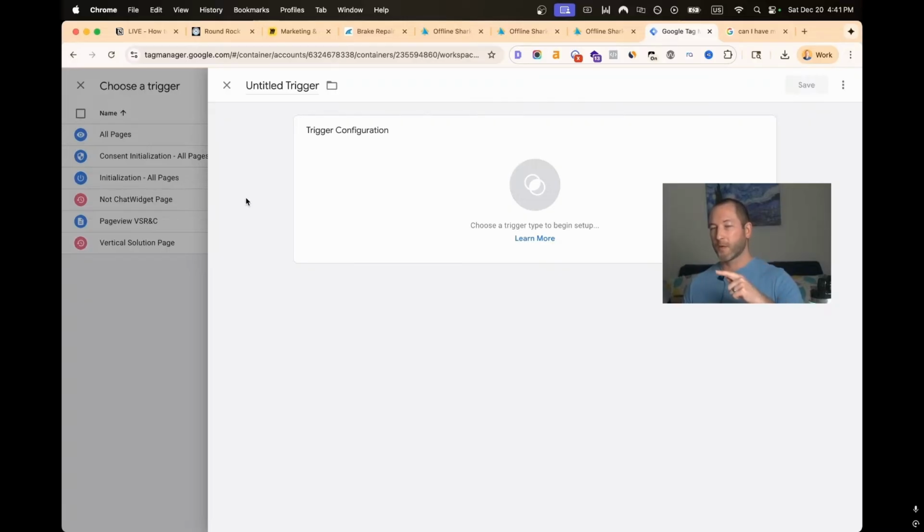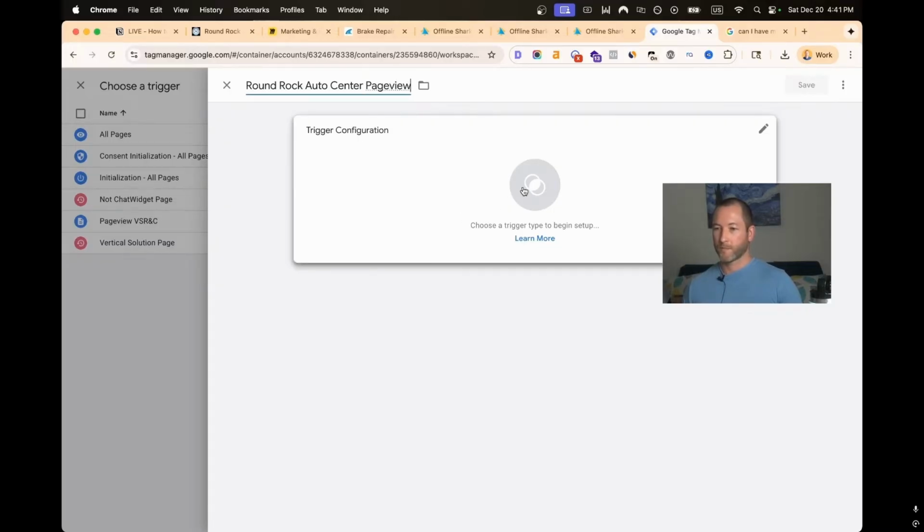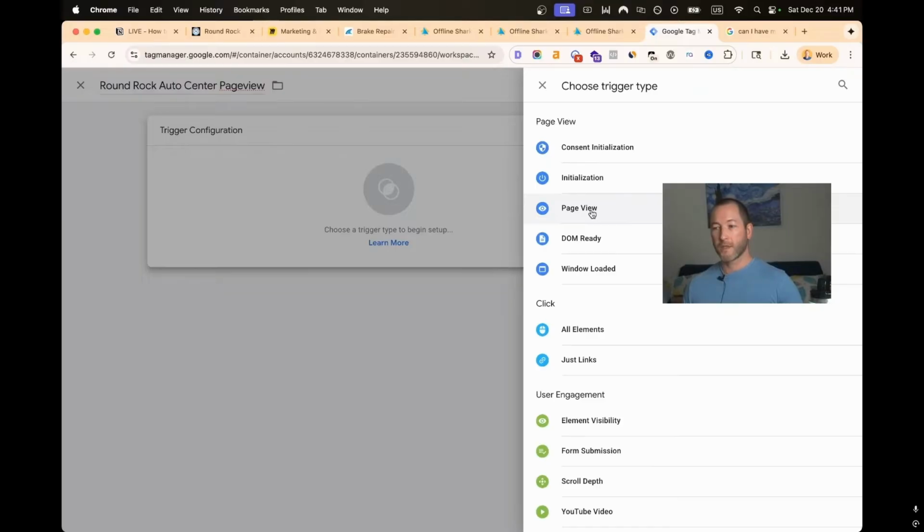If you're familiar with Google Tag Manager, the alternative is, since you're just doing this for demos, I don't recommend doing it all over the site for all of your clients. You can just do it on a page view. So that's what I'm going to do here. So, long-winded way of saying that there's some stuff we can get into if you really want to know how to do it and make sure everything's perfect. This is going to be a simplified version for this demo. So Round Rock Auto Center page view. I'm just going to say page view,